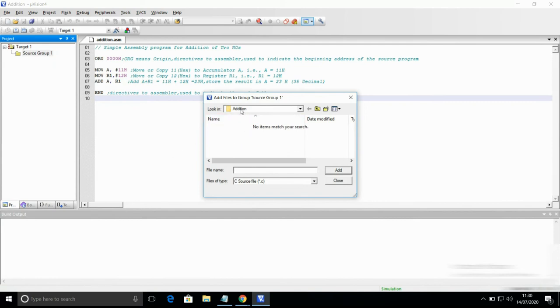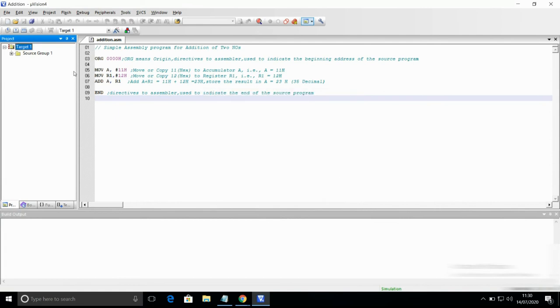It will automatically go to your addition folder. Select the type of files as ASM, that is assembly. It will show you the addition.asm file. Select it, add, close. As you can see in the source group 1, addition.asm means this program is added.